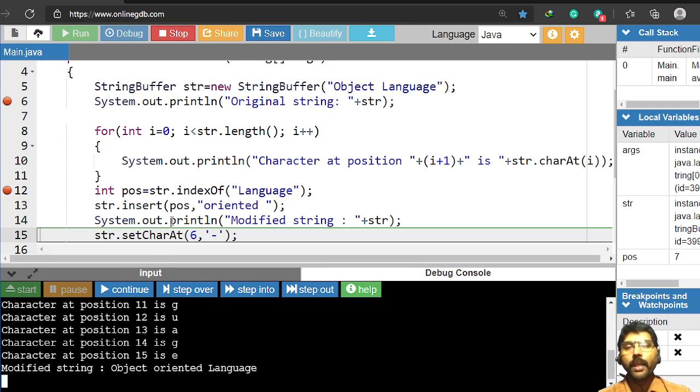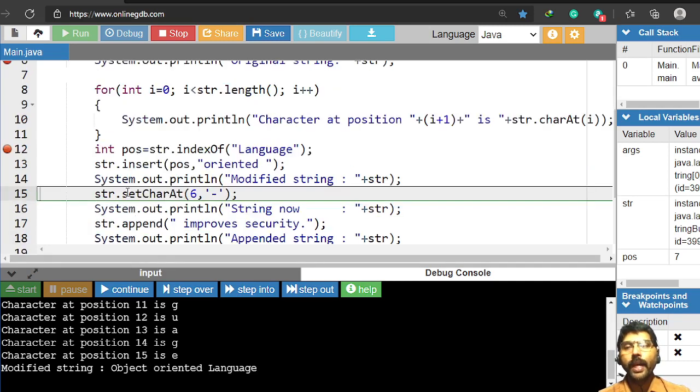The next method I used is called setCharAt here. Now I have to insert a new character at a particular position. Now see what is the difference between insert and setCharAt. Insert inserts a new string. SetCharAt inserts a new character. Here I want to insert a hyphen at position 6. Now position 6 means this blank space.